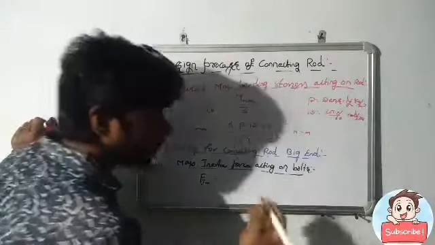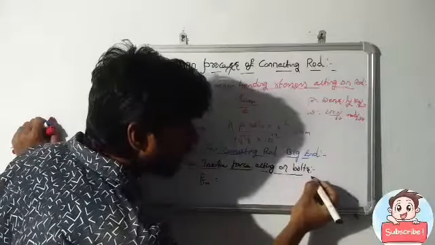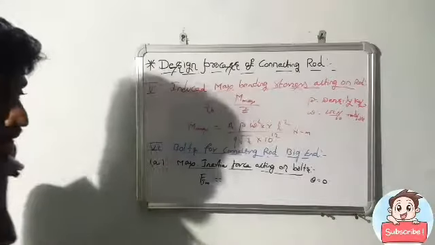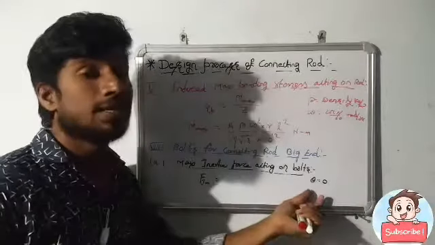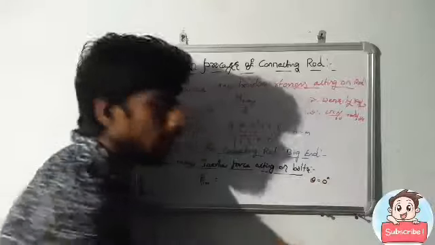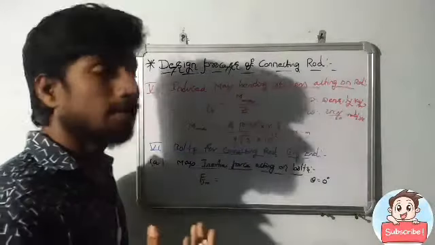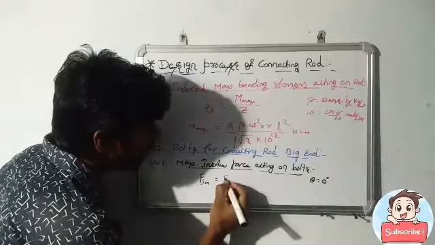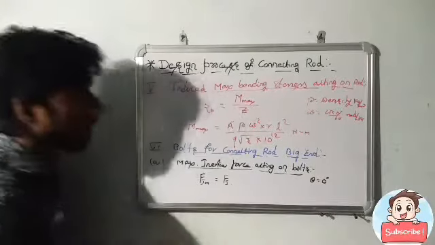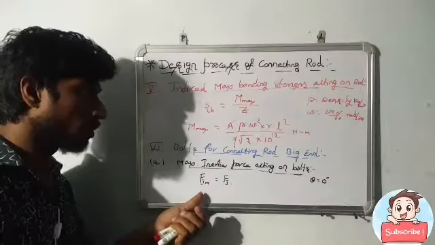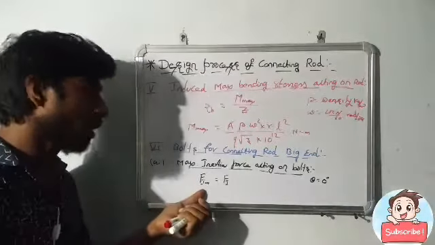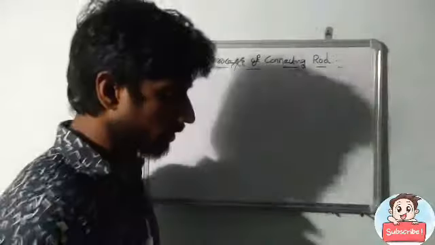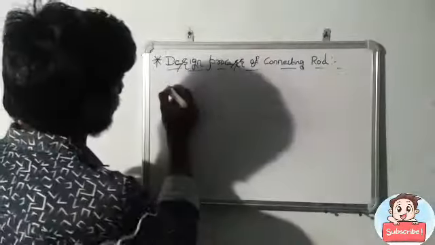We already discussed theta equal to 0. That means the crank angle is considered 0 degrees, at the time of the crank at the TDC position. In that condition, the inertia force acting on the connecting rod is equal to the maximum inertia force acting on the bolts. So that's why FIM equals Fi. Next step, that is the root diameter of the bolts.